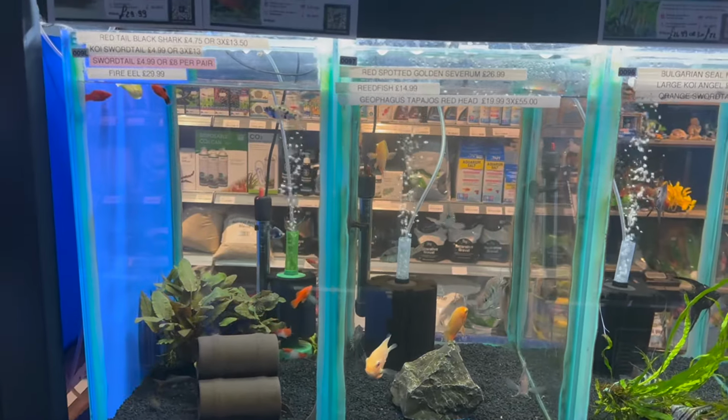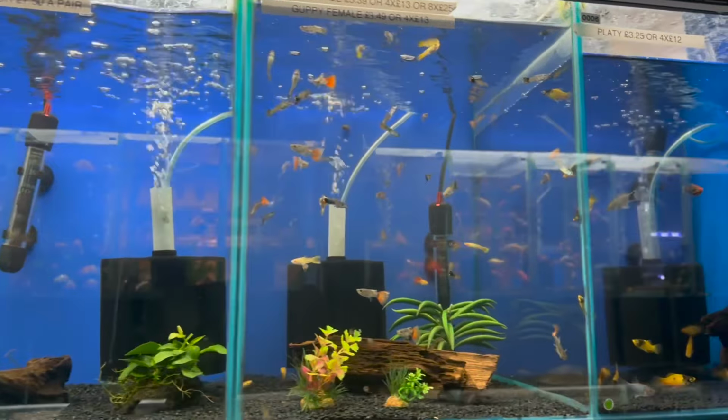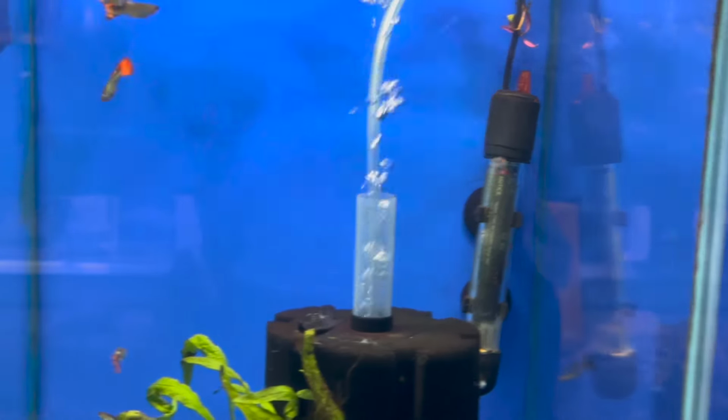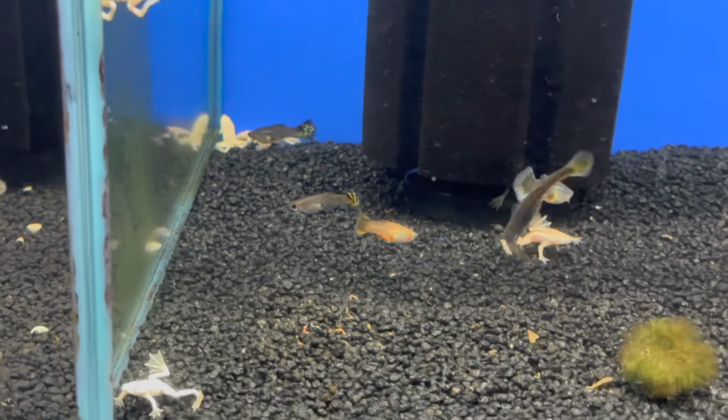When they get new stock, people, they have a quarantine room, man. I'm not allowed to go back there, of course, but they quarantine their fish for at least 10 days, look at them properly, and then when they are sure that they're fine, that's when they come out to the shop floor. Now, of course, it doesn't mean that you're going to get 100% success rate. Sometimes fish just die, but it gives you a whole new level of confidence knowing that they actually quarantine the...